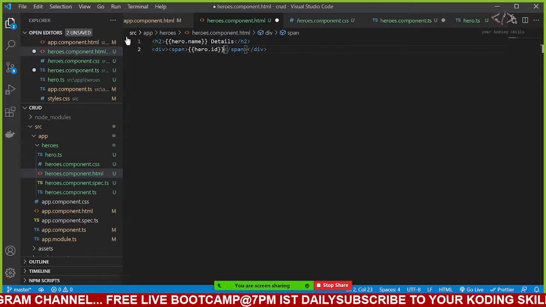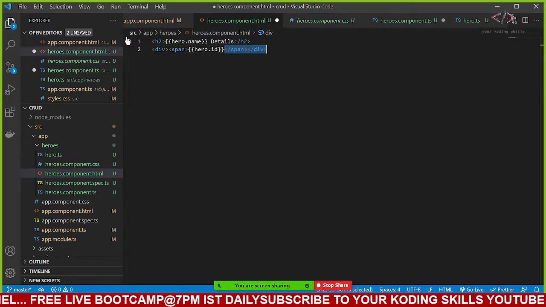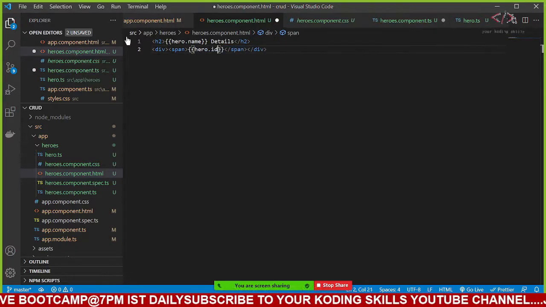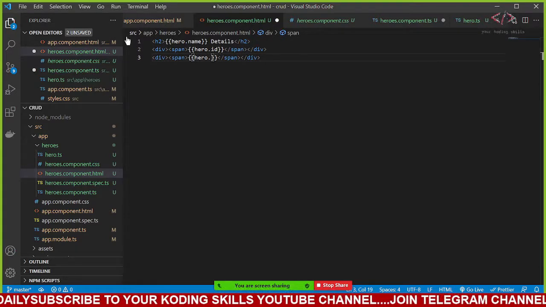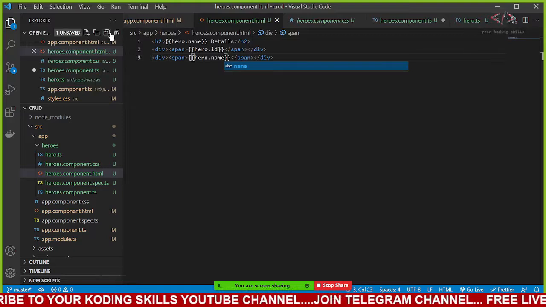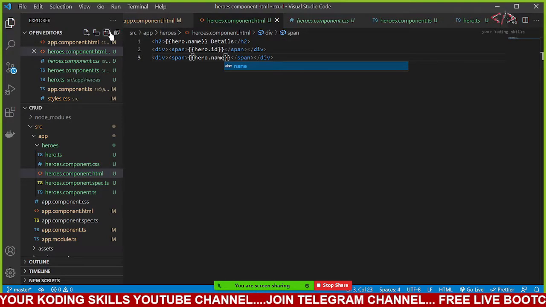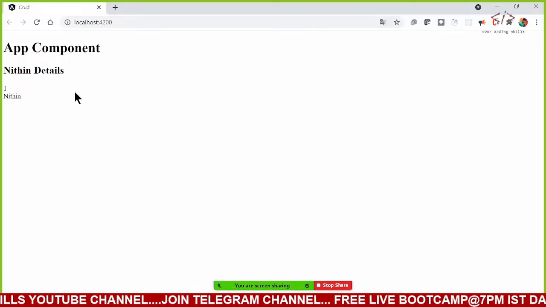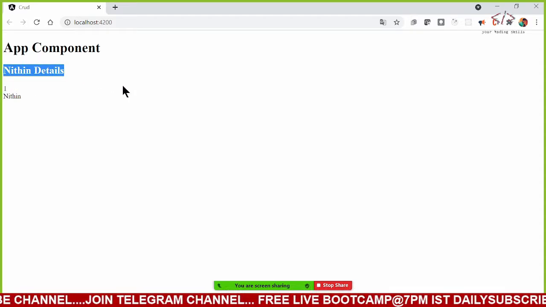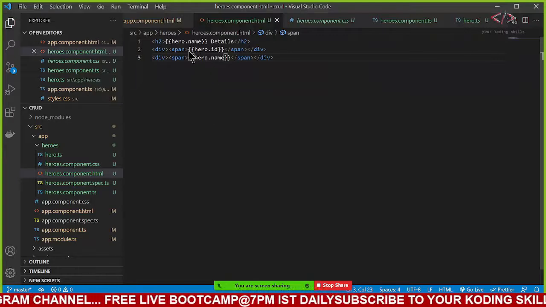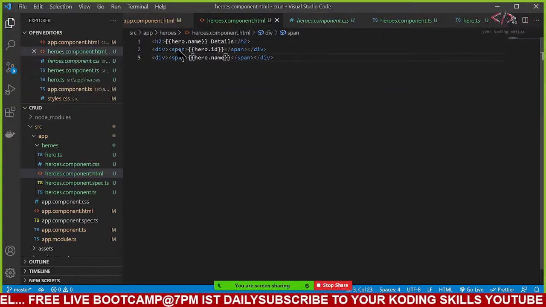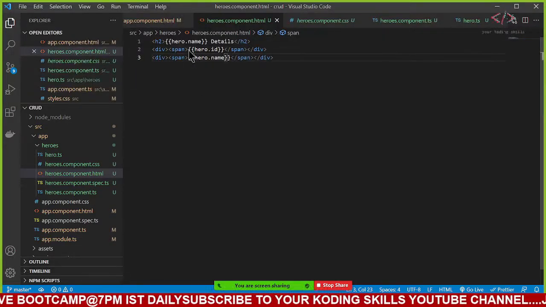The same thing I will take, and in the place of hero dot id it will be hero dot name. Very nice. Go back. So Nitin details: it says Nitin, ID is 1. Let me say this one as ID here.